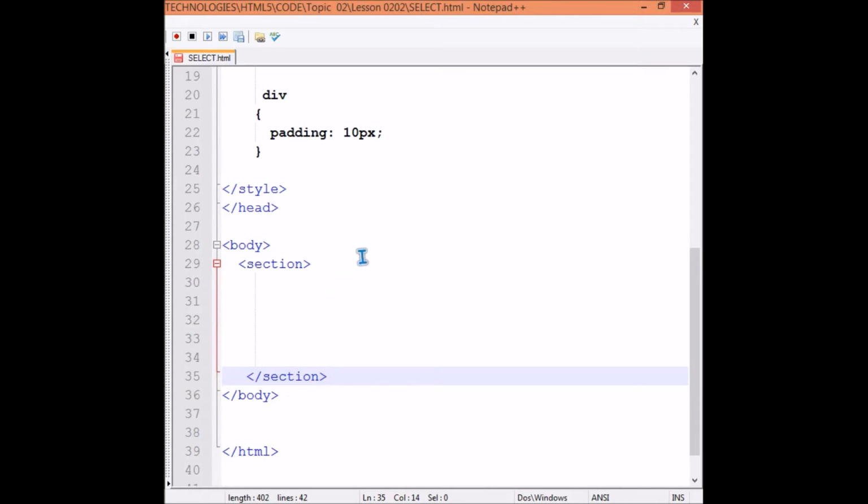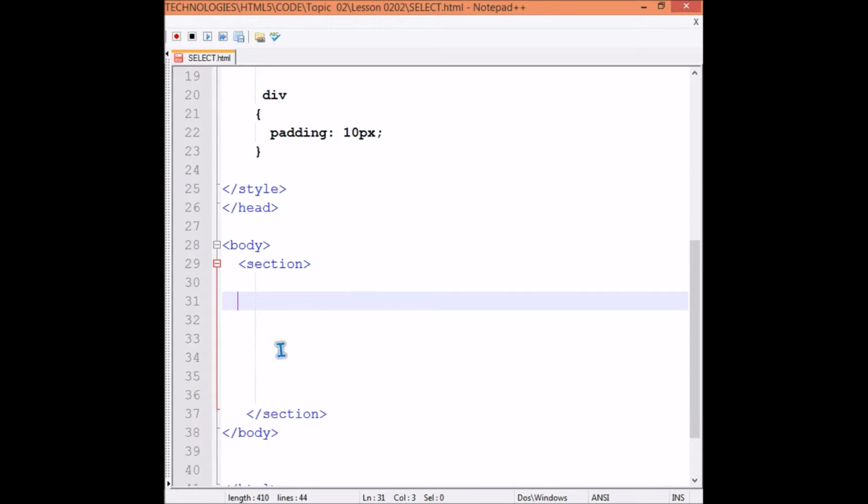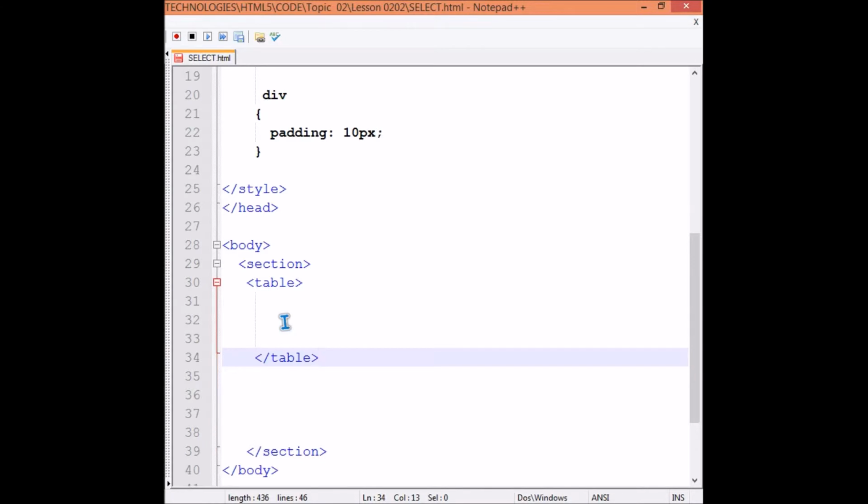Now section is done. Okay, now coming to the table, we have to make a table. We make it via the table tag, and I have to end the table tag also. Okay, the table tag is also finished.